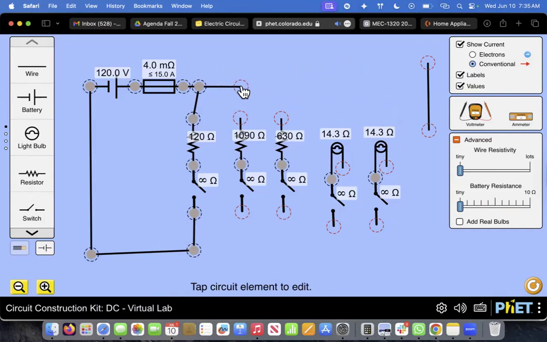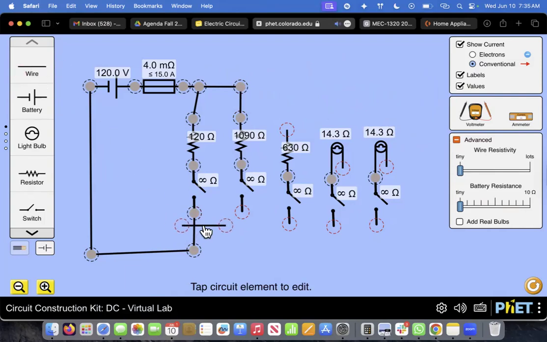And I'm trying to do this with right angles so it's easy to see what I'm doing. Oh, nope. I don't want to do that. So I'm just going to cut that. There we go. And then connect that. And I'm just trying to use multiple wires so it's really easy to read. Okay, good. Can always move these around a little bit